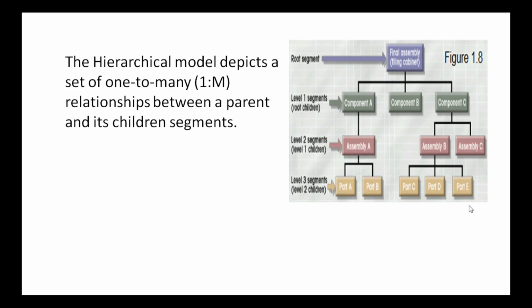Which type of relationship exists between the parent and a child? One parent contains many children, but each child contains only one parent. There was no multi-parent support in the hierarchical data model. In the hierarchical data model, it is possible to represent only a one to many relationship between the owner records and the member records.